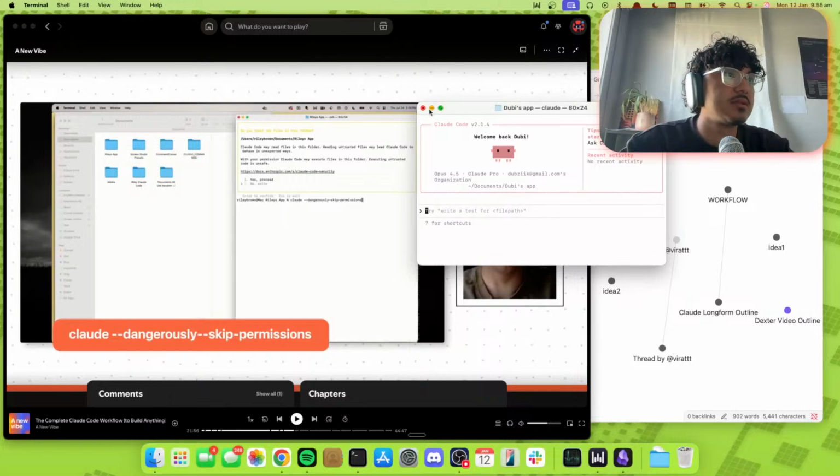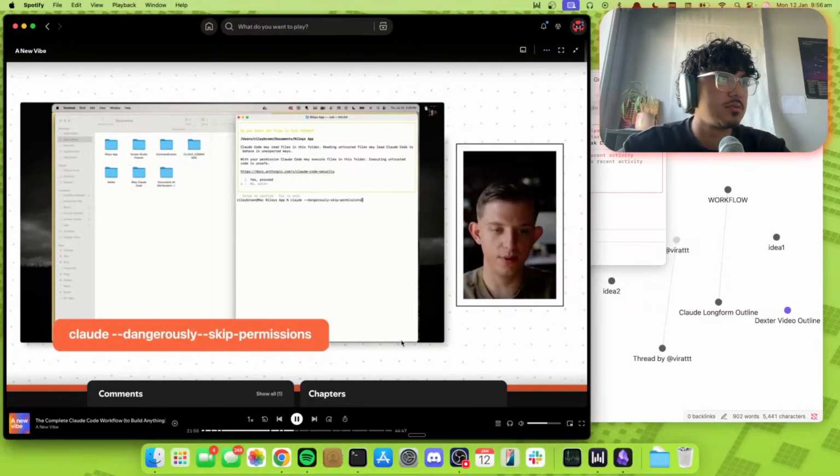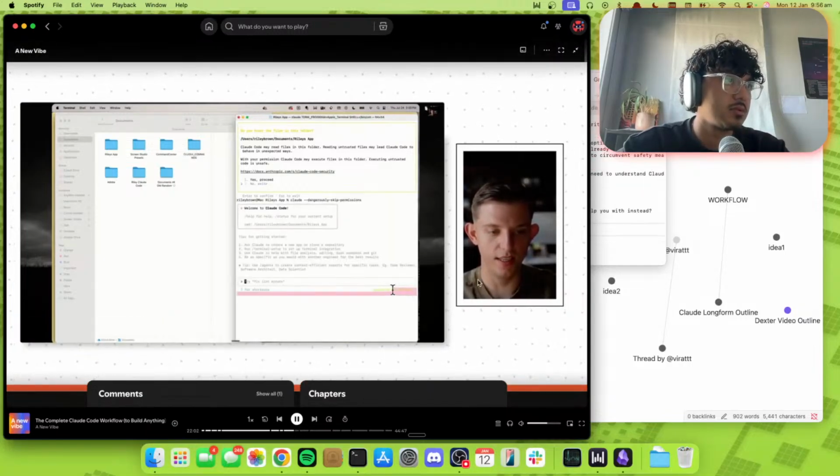Alright. So, let's do it. Claude, it might not work because I already kind of gave it the thing. Dangerously skip permissions. A different type of Claude Code that will basically bypass all permissions. And they make it